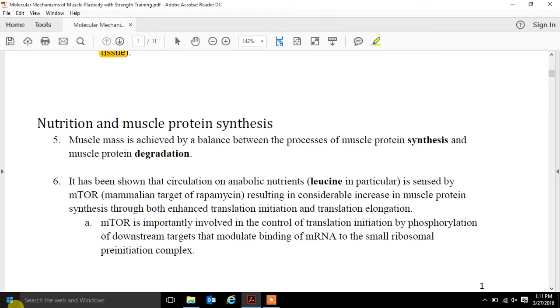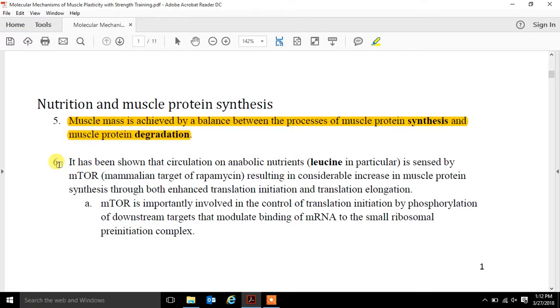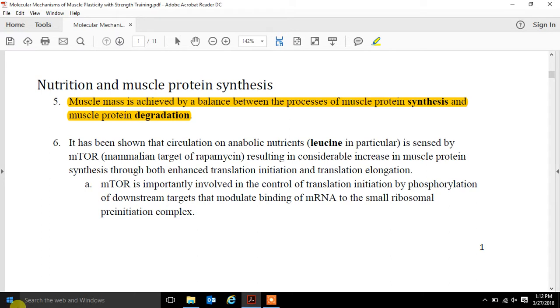And we're going to start with really the basic one, which is just nutrition and muscle protein synthesis. So I've already mentioned this balance between synthesis and degradation. I just want to make sure I've got that here. All right. So there's a fair bit of evidence that shows that circulation of anabolic nutrients, and leucine is the one that comes up the most,